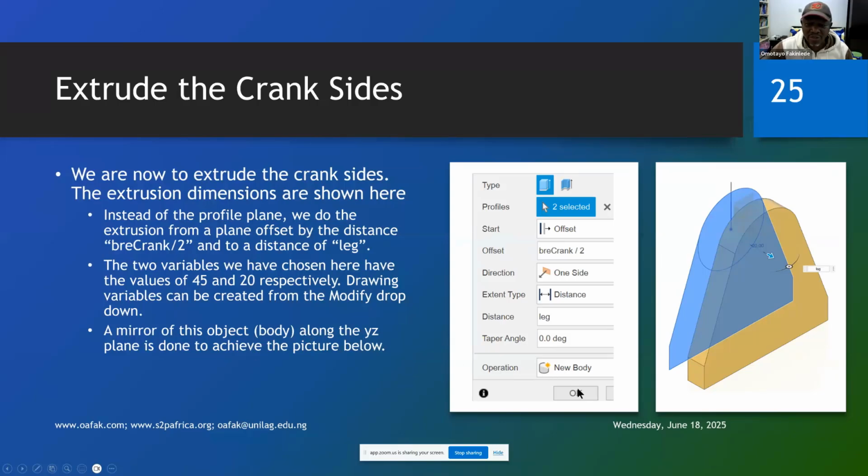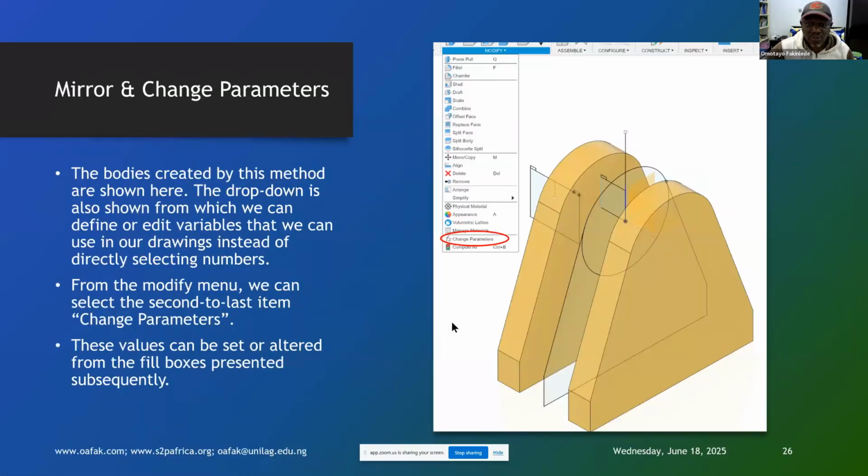So that is what we can do. And this is the mirror. After you have created this, you can take a mirror of it for this other side. And this is what we just did. Modify, you go to change parameters. So that is it. The bodies created by this method are shown here. The drop down is also shown from which we can define or edit variables that we can use in our drawings instead of directly selecting